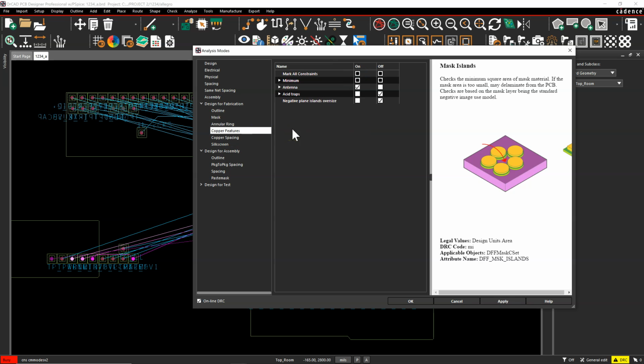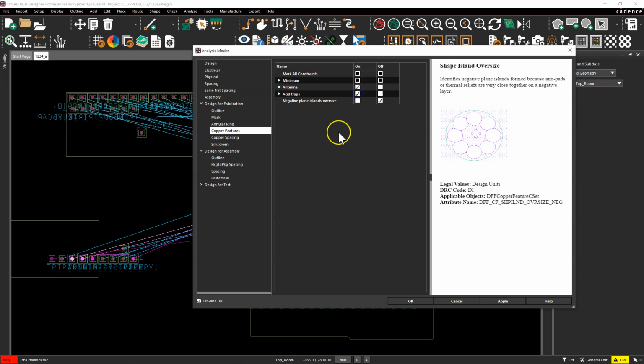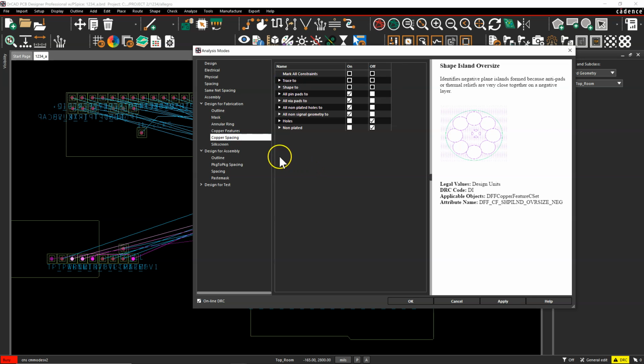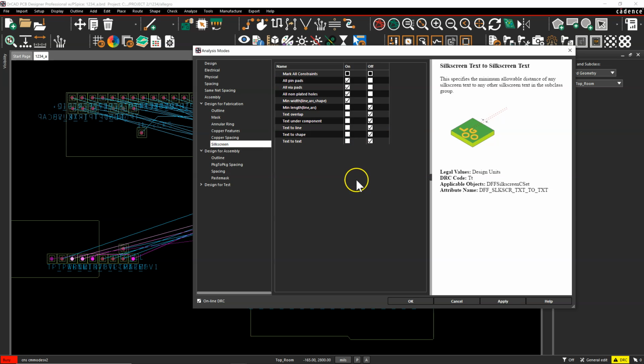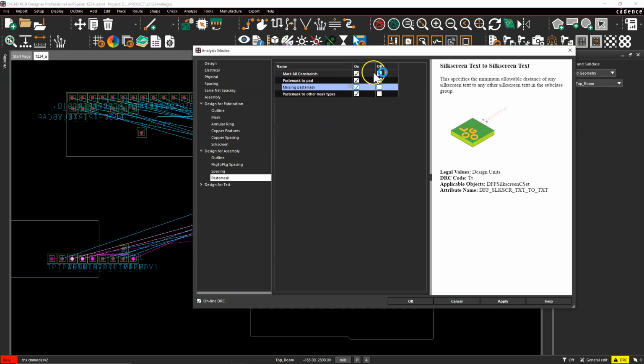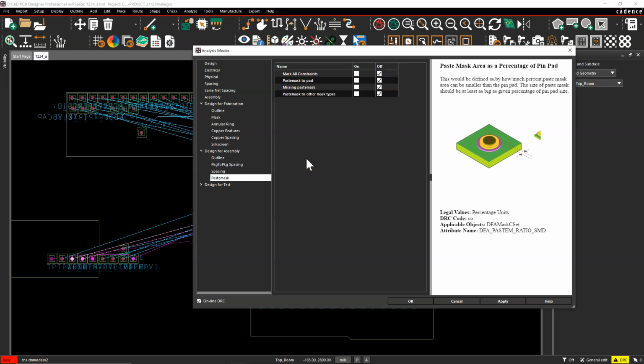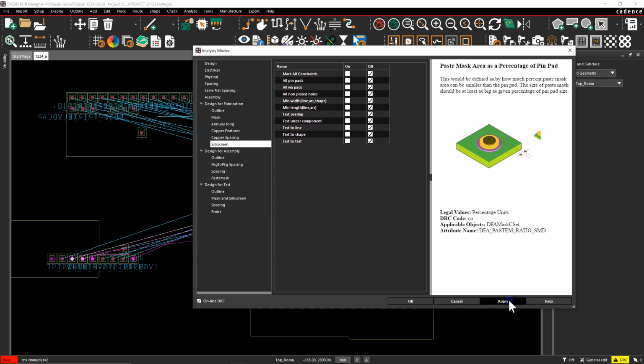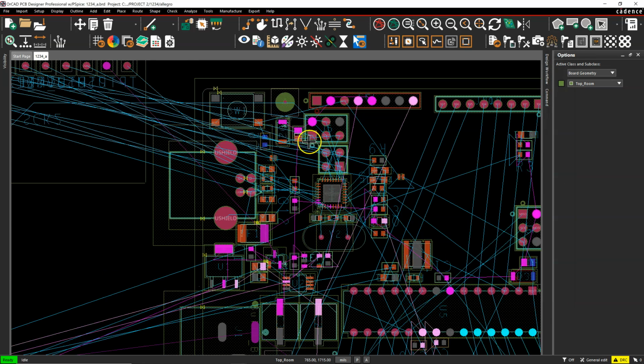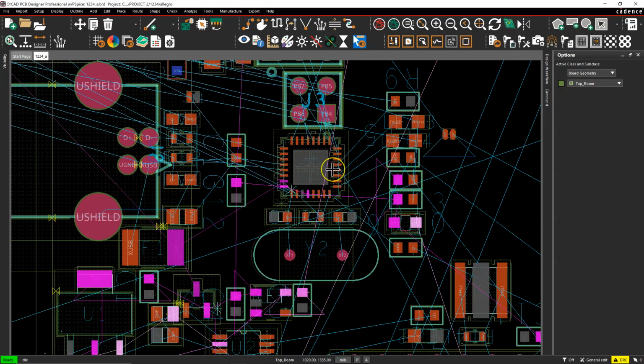For antennas and acid traps, do I want to check for those? Yes, I want to check for acid traps and antennas. Minimum line width? Yes, so on and so forth. For silk screen, I don't want to check for silk screen just yet. So I'll turn this off. For paste mask, I will turn this check off. And it looks like everything. So click apply and click OK to turn off some errors that just make things very